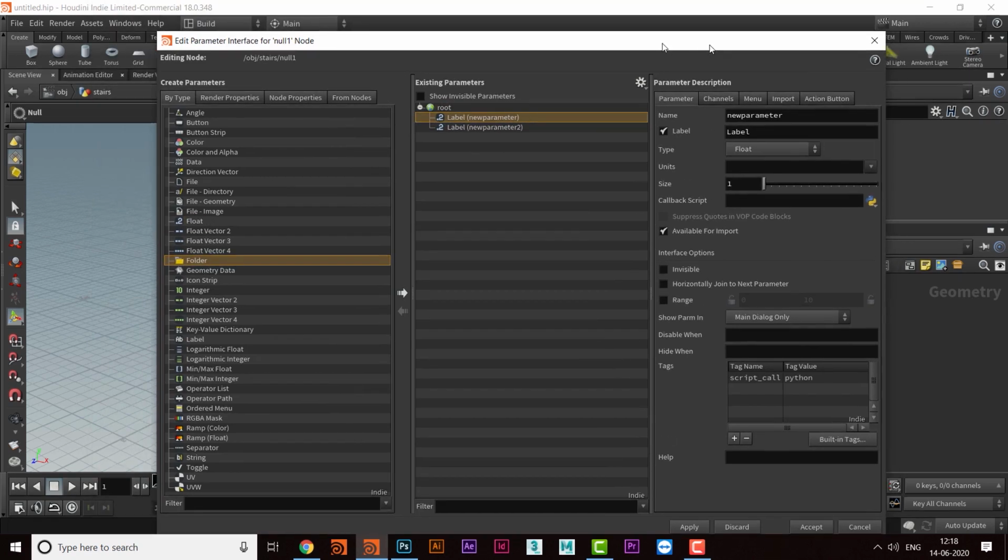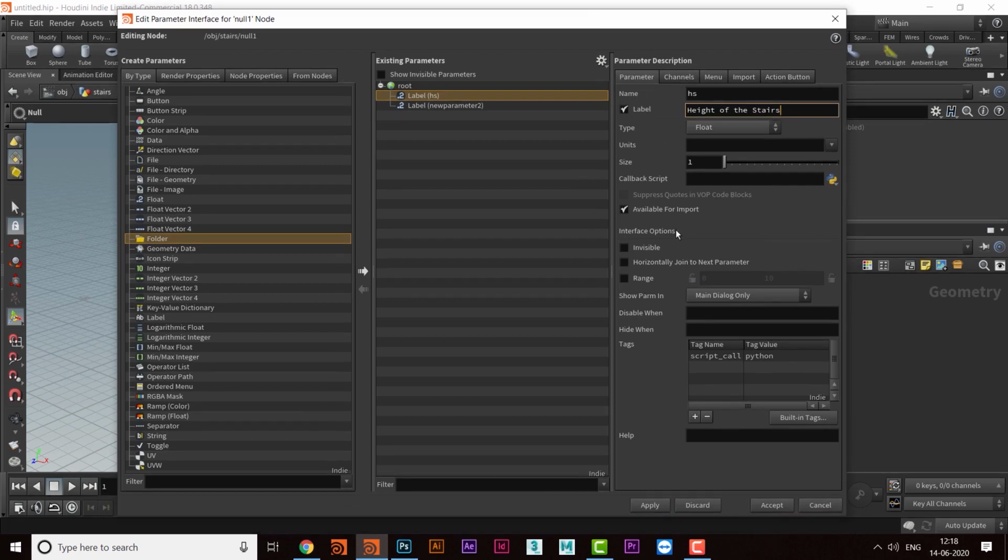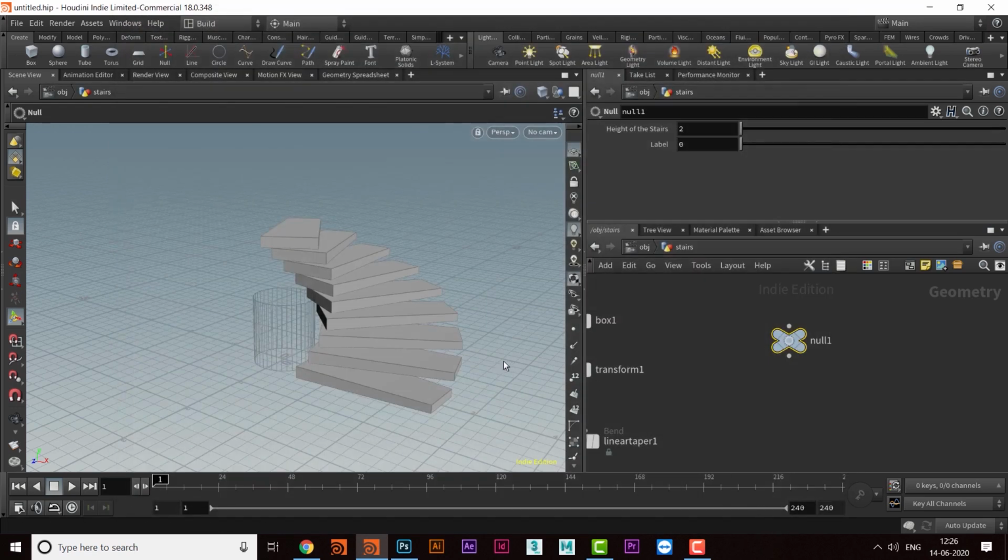Okay. So the first one is the height of the stairs, HS small. Height of the stairs. Okay, so I will keep the range to 2 and I'll keep this to 50 and lock it, not this one, and apply and accept.